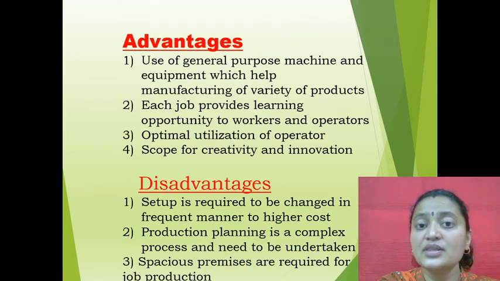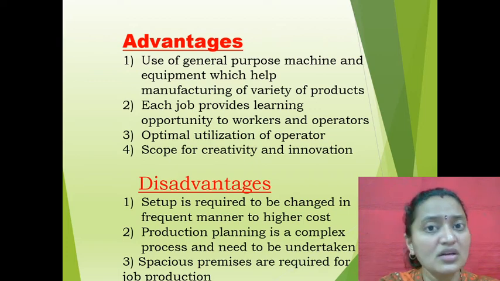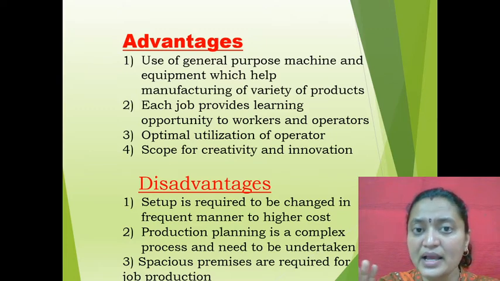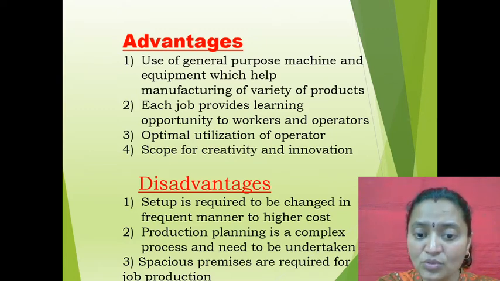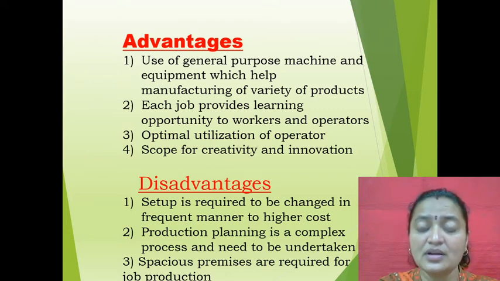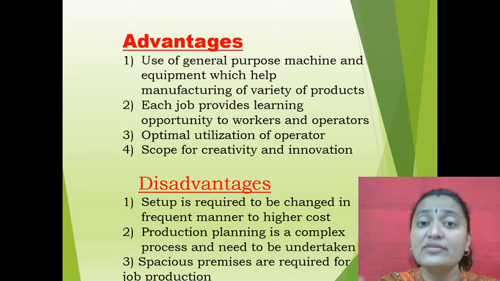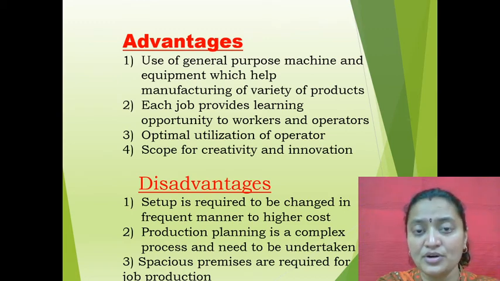But in this case, when it comes to production planning, it is a very complex task, a very difficult process, because here the production manager has to plan properly whatever things are to be implemented: how to allocate the work among the different workers, which kind of products are to be manufactured. He should also take care of not only manufacturing but also the design and quality of that particular product, and what price or cost is to be fixed for it. So he needs to take care of all these things.